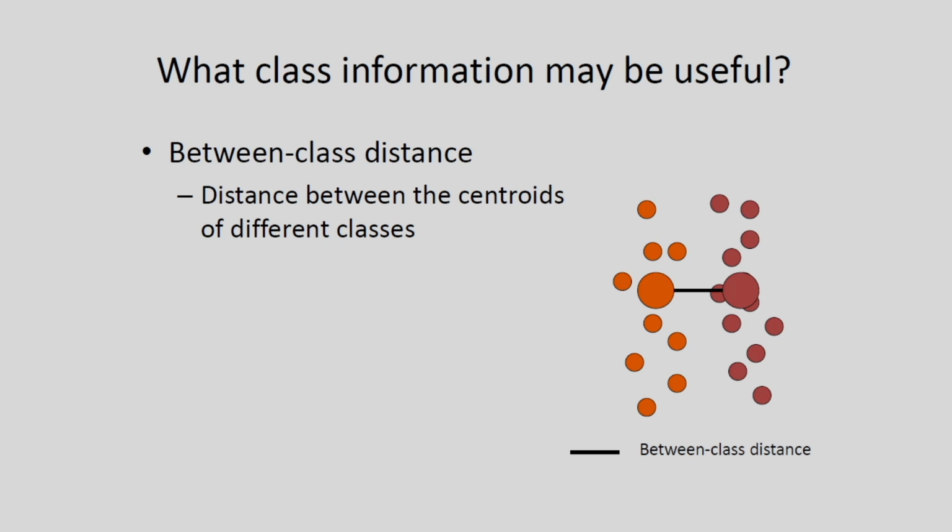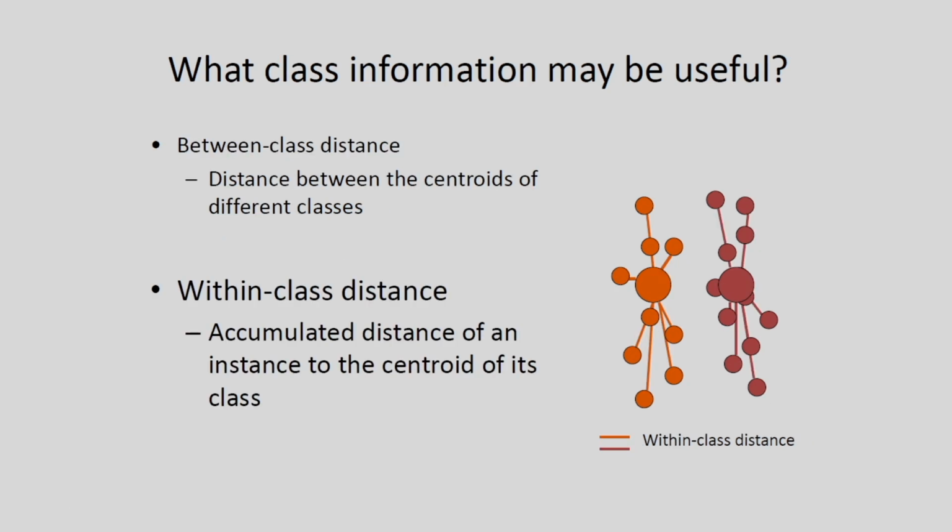One is the between class distance. Here again I am showing two classes. This is the centroid of, suppose, class i, and this is the centroid of another class j, that is the mean. In this case, the between class distance should be maximum. You can see between these two means, Mi and Mj. For two classes, the distance between the centroids of different classes should be maximum, that is the between class distance.